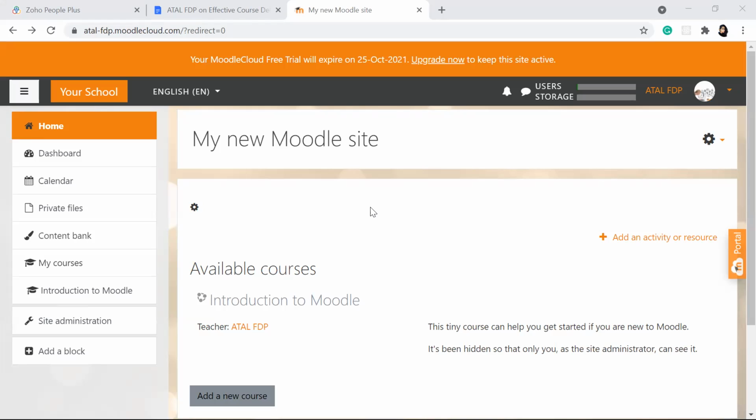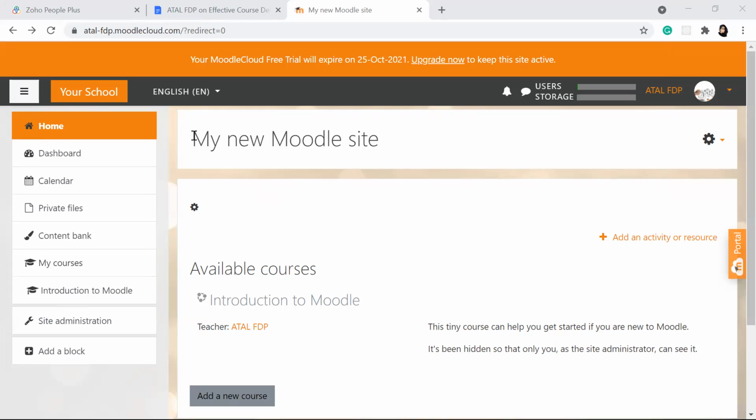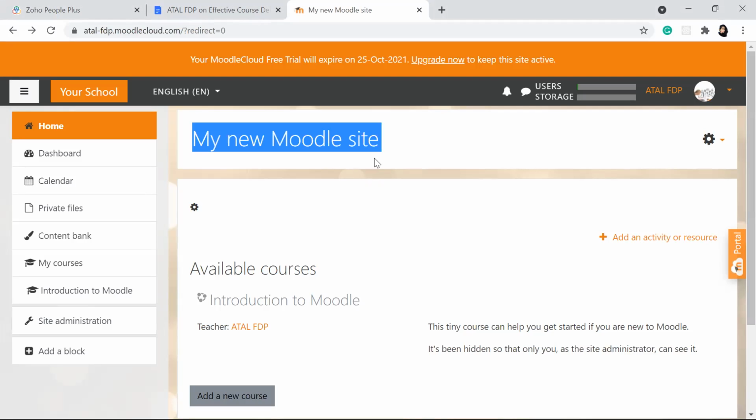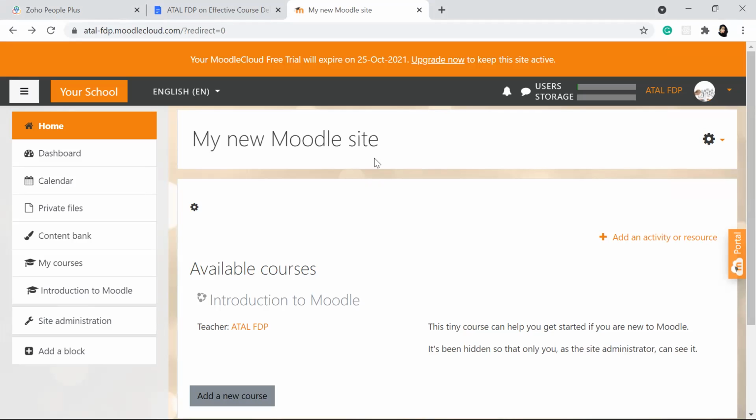Coming to our session, another thing I noticed during your submissions is that your LMS or your Moodle name is still "My New Moodle Site". It has not been changed. You need to change it to your college name or your code or your particular subject name. If you are confused about how to change this site name to your college name, once you log in,